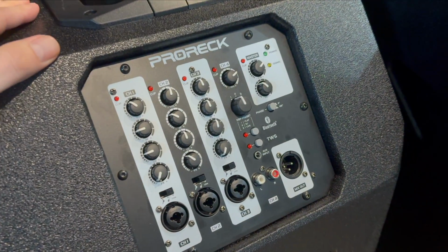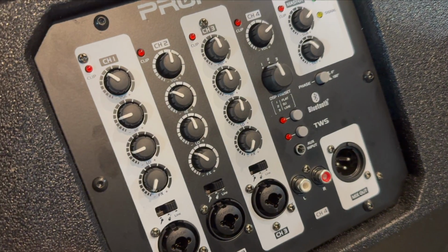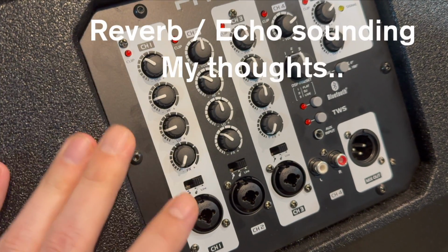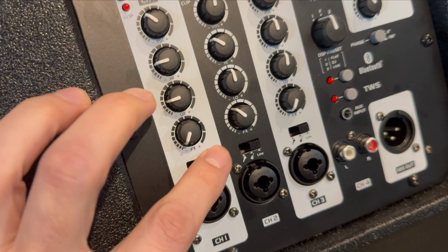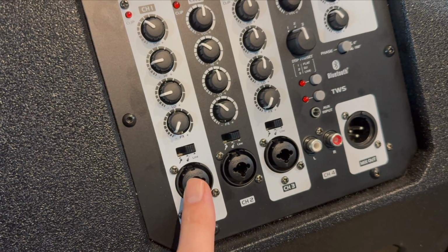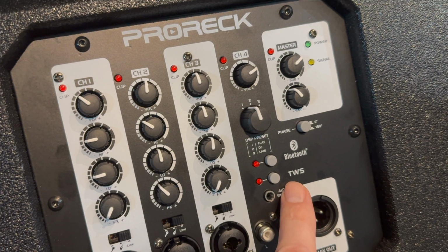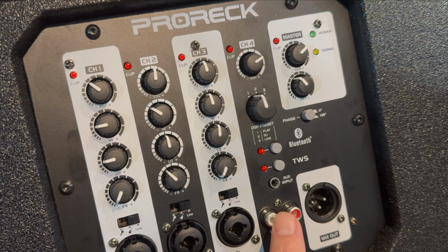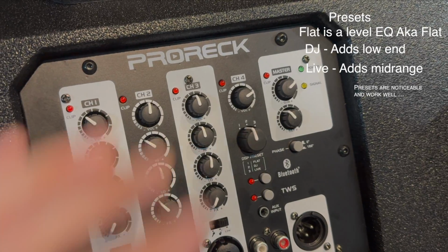So this is going to be your 4-channel little mixing board here, and it does have some cool features. It does have volume, high, low, FX, which is a little bit of reverb. Also has your toggle switch for microphone, instrument, or line, and it's just a little toggle switch that you can adjust there. It does have combo jacks, XLR, and quarter jack. And then on your 4-channel here, you have Bluetooth, your true wireless sound connect, which I'll show you, and a 3.5 auxiliary jack, RCA jacks as well,